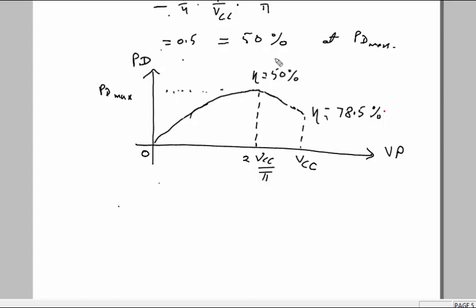Okay, so this is all about the class B power amplifier. We saw everything from power dissipation to maximum power dissipation. We saw the circuit diagram, then circuit operation, then transfer characteristics. We saw the crossover distortion, power conversion efficiency, power dissipation, and everything. I hope you understood this properly. Next we will do the class AB output stage.